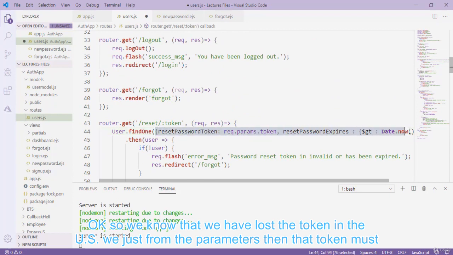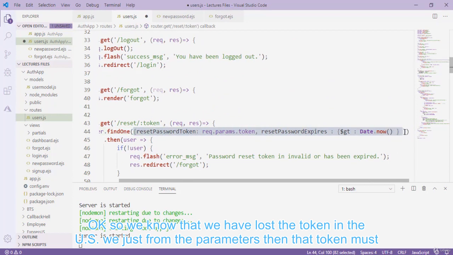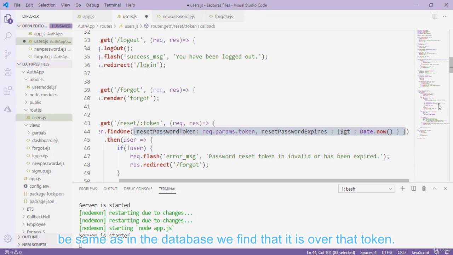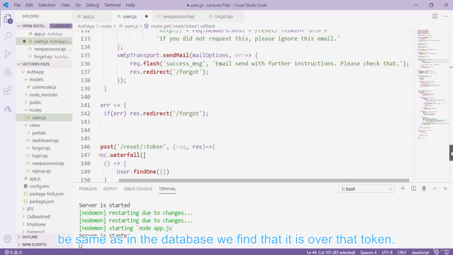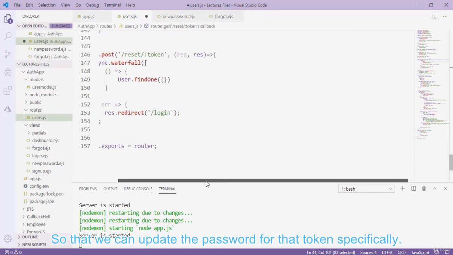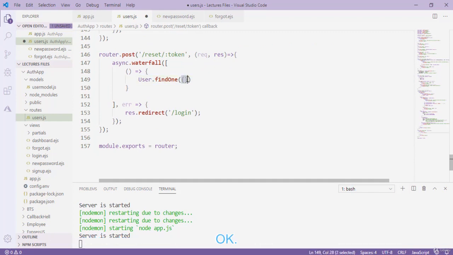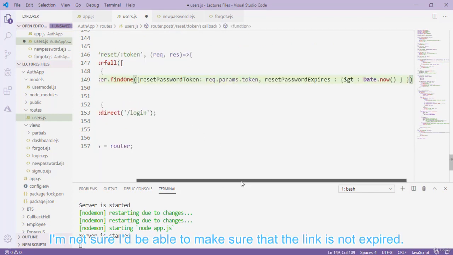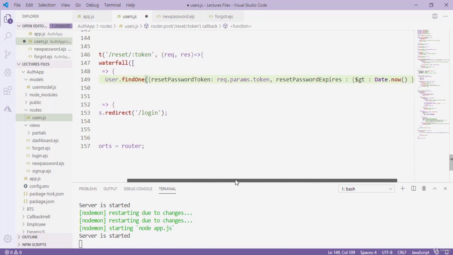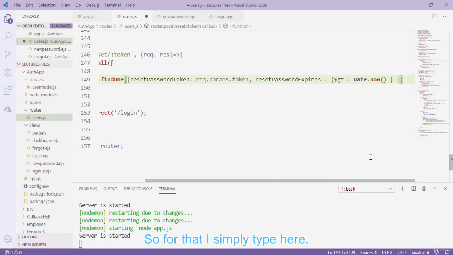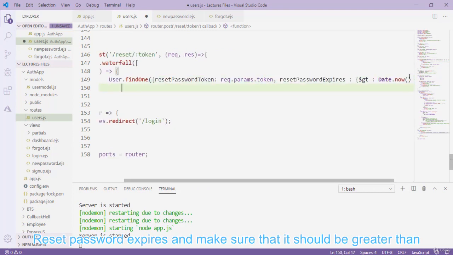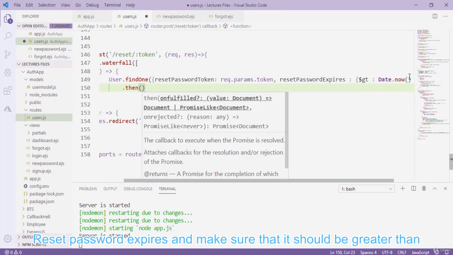We have to make sure that our token is valid, and also the expiry time is valid. Okay, so find the user with this token and also check the expiry time, and then we have that user,